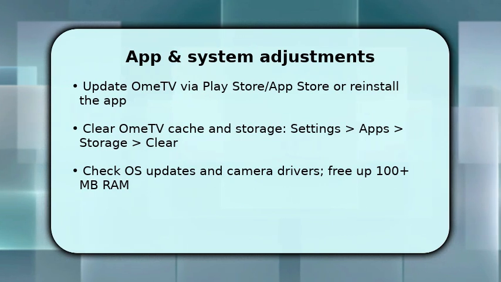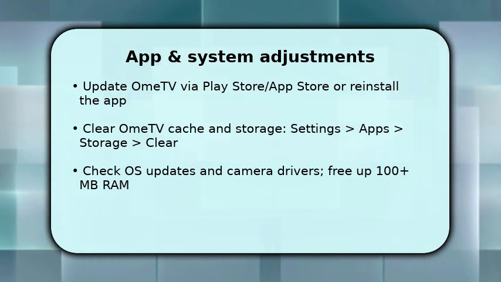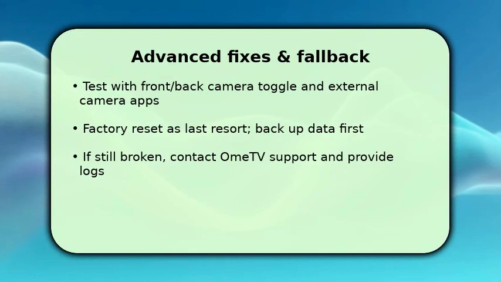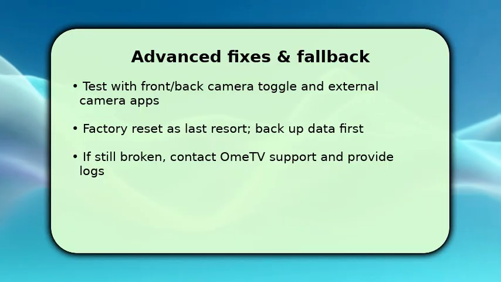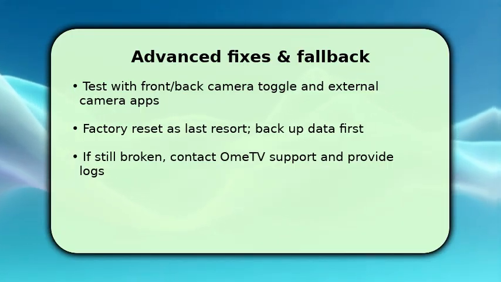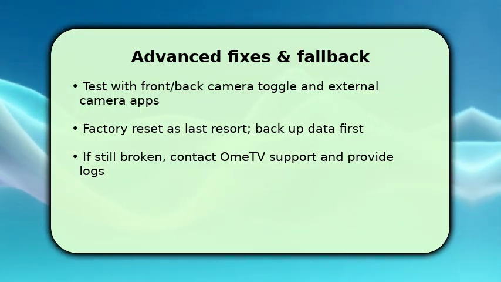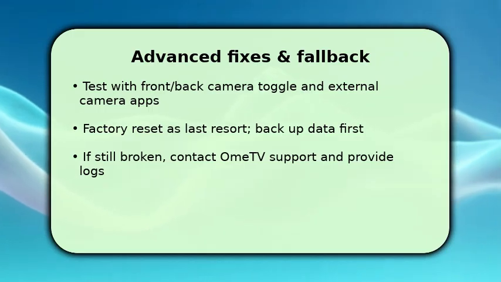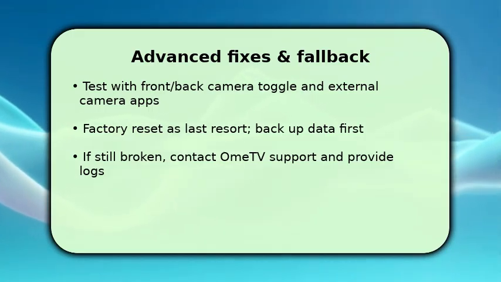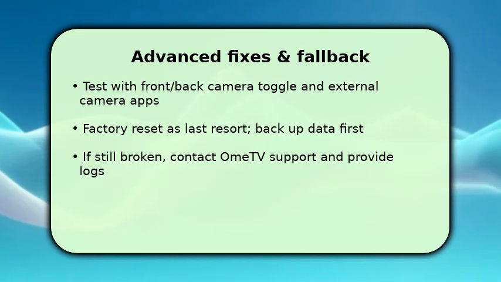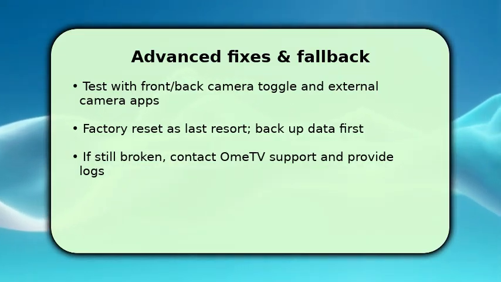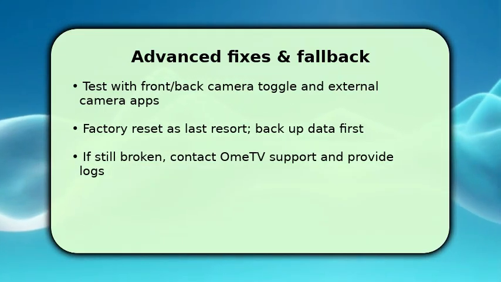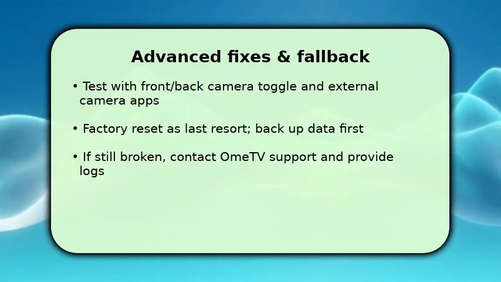Finally, try advanced troubleshooting. Open OMTV and toggle between front and back cameras, or test with an external camera app to isolate whether the problem is app-specific. If nothing works and you've ruled out hardware, back up your data and consider a factory reset as a last resort because it clears deep software corruption. If the camera still won't work for OMTV, contact OMTV support and include details: device model, OS version, app version, and